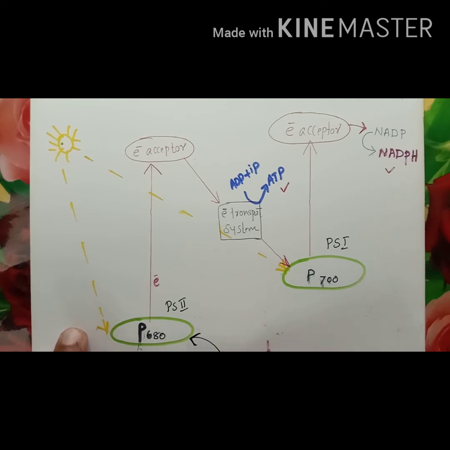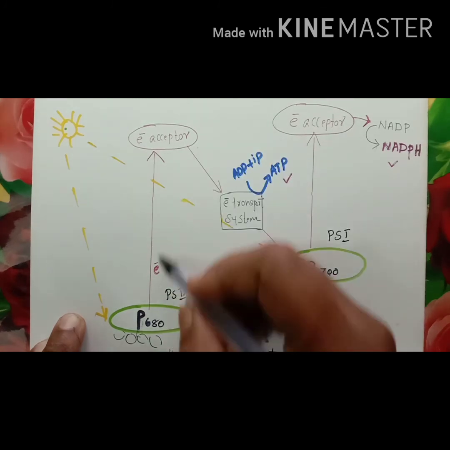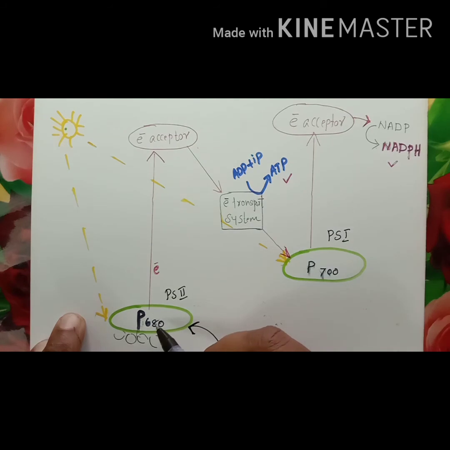As a result, what happens? How does it become activated? Here we can see the antennae molecules. It's not drawn here, but antennae molecules can be seen. They will trap the sunlight and pass it to the reaction center. And here the reaction center is getting more energy. As a result, one electron from the chlorophyll A molecule becomes excited, and when it becomes excited, it moves upwards. So from the reaction center, an electron is excited by getting the energy.